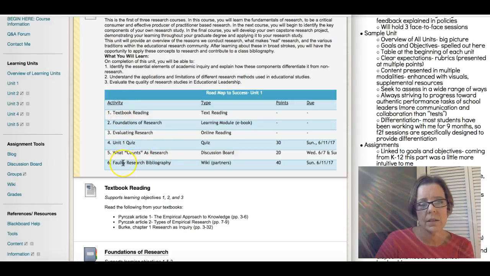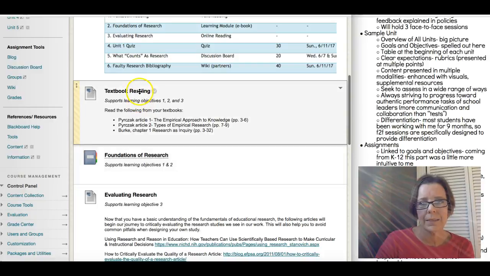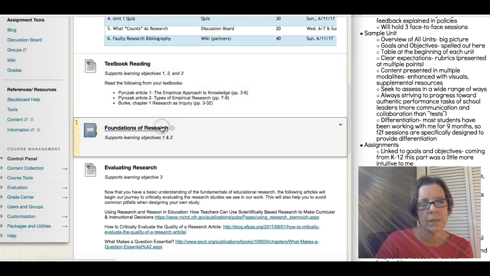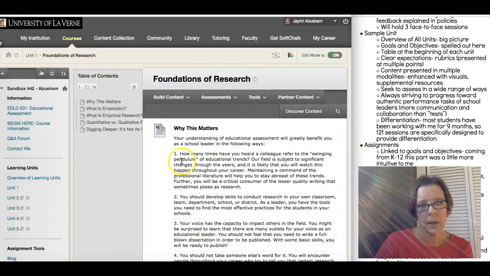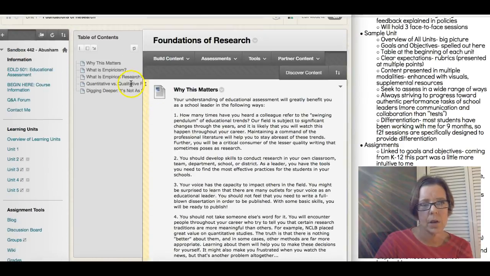So these activities that are listed here, the learning unit progresses through them, and there's a wide variety here, and they're designed to meet people at different places and to respect multiple modalities. So there's some traditional textbook reading here that has some Q&A in it. I developed an ebook here that again starts with why and explains why this content matters, and then goes on to have